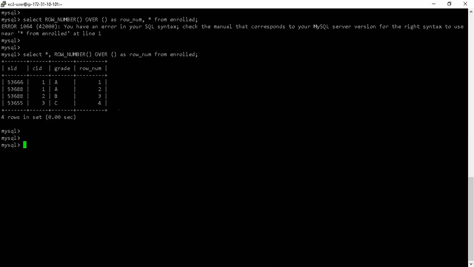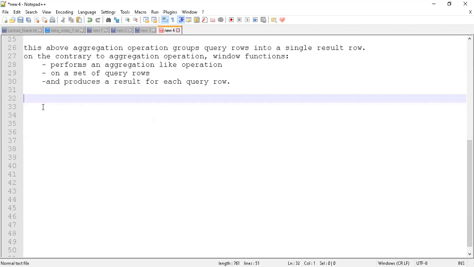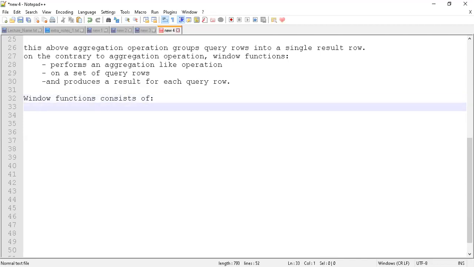Now what if I have a somewhat different kind of requirement? Let me go back to my notepad and write this down again. So a window function consists of what? First of all, it consists of the function itself.